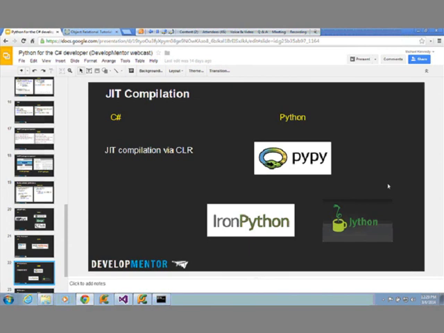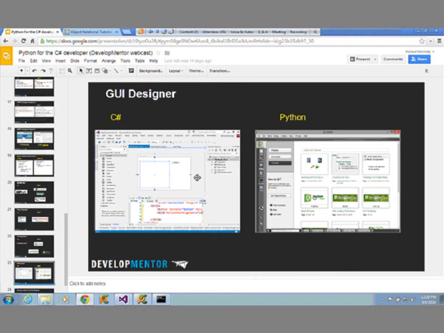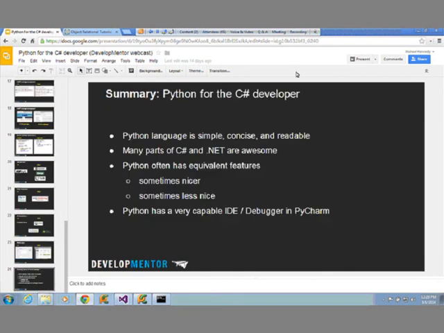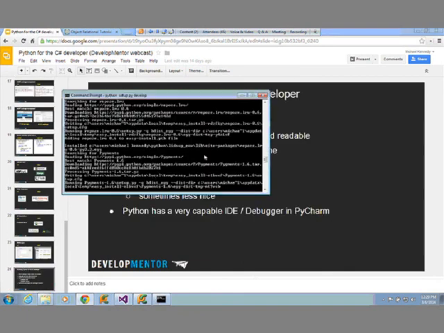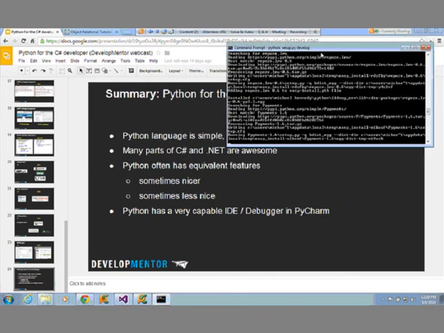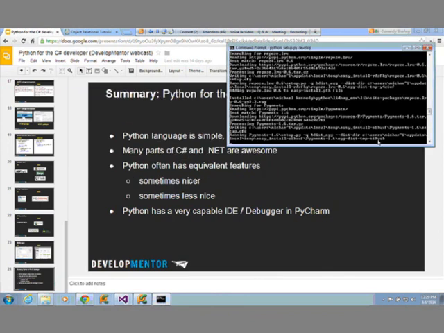Jython is the same thing for Java. And you can also build GUI apps. Right? So that's pretty much the things I'm going to talk about. And this is still running. Okay, you can see it's actually trying to do the C compilation. There's a whole series of dependencies that sort of cascade.